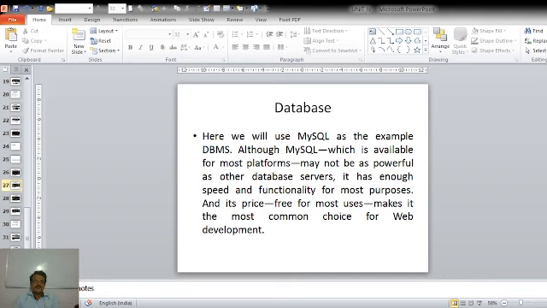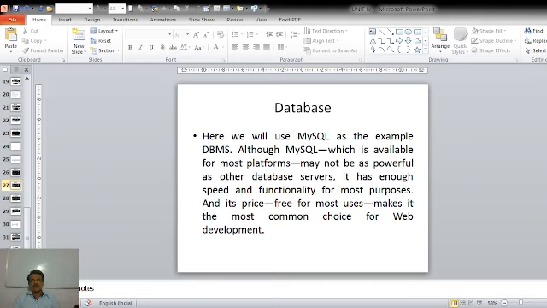Here we will use MySQL as the example of DBMS. Although MySQL, which is available for most of the platforms, is not as powerful as the other database servers, it has enough speed and functionality for most purposes.